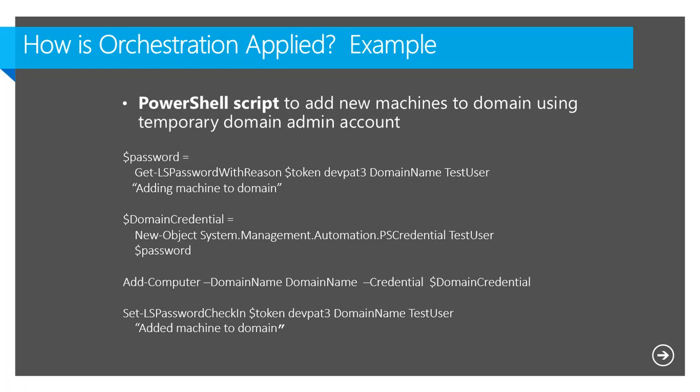And the interesting thing about this is that you'll notice on the first line there is a value called $token. So that token can come from a certificate. It can come from integrated authentication. That token can also come from explicit credentials if that's what you want. But the point is that if you're using integrated authentication, then whatever the account is that the script is running under, that will be what generates the token. And so there's a little extra line up there that I put in there, which is how you actually achieve the token itself. But the point is, no embedded credential and native PowerShell, and this is a domain access, one-time use credential.